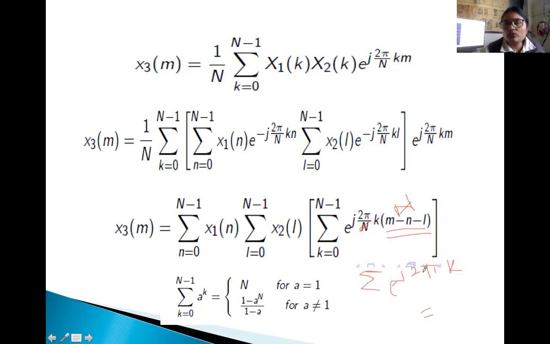How you will write this equation, e raised to j 2 pi k, this we can write in terms of cos 2 pi k plus j sin 2 pi k, and 2 pi च्या ह्याच्यात it is in terms of 2 pi, it has been written in the multiples of 2 pi, therefore this value is always equal to 1. Okay, so write down this